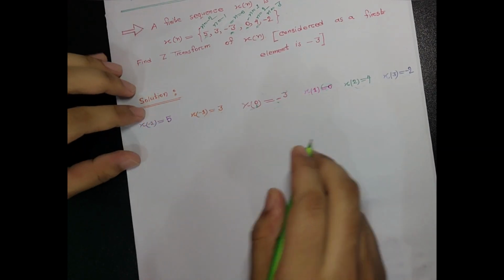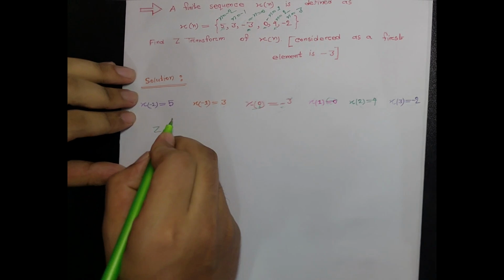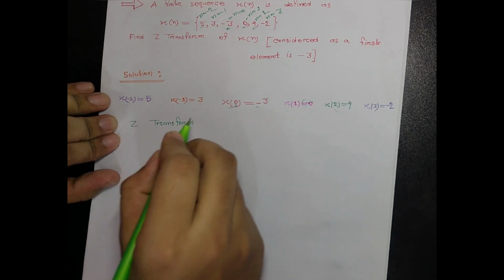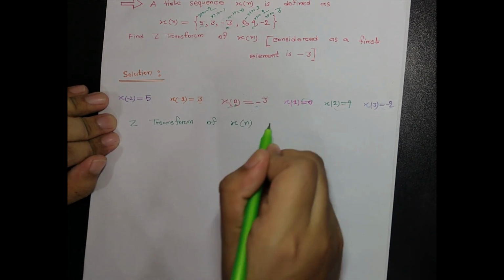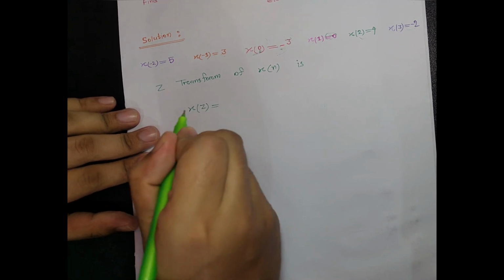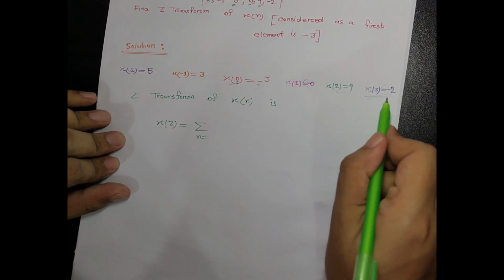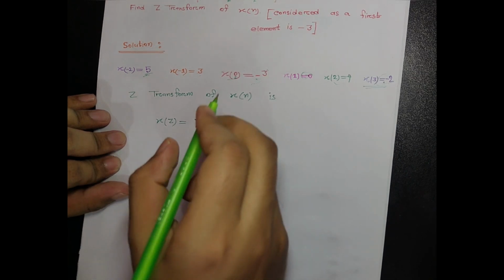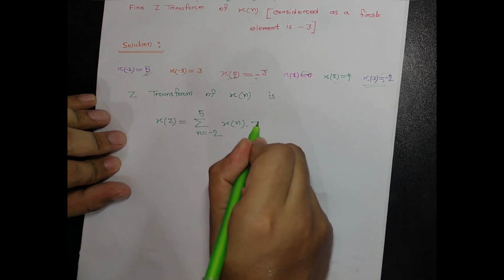Now, by definition of Z transform, the Z transform of x of n is X of z equal to summation of n equal to minus 2 to plus 3, x of n into z to the power minus n,